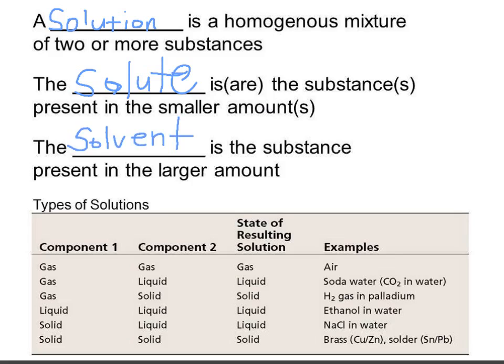Okay? So again, we have a solution, which is a homogeneous mixture of two or more substances, a solute, which is the substance present in smaller amounts, and we also have the solvent, which is the substance present in larger amounts. Now, let's talk about the different types of solution. The different types of solutions are dependent on the phase of matter involved in their formation. We have, for example, the first type,